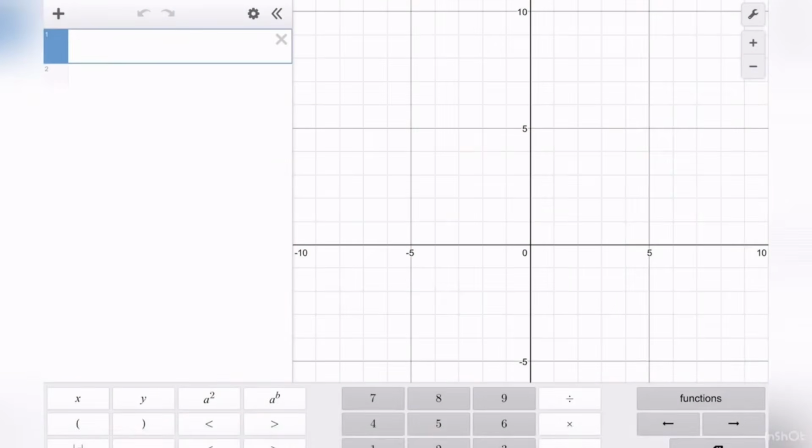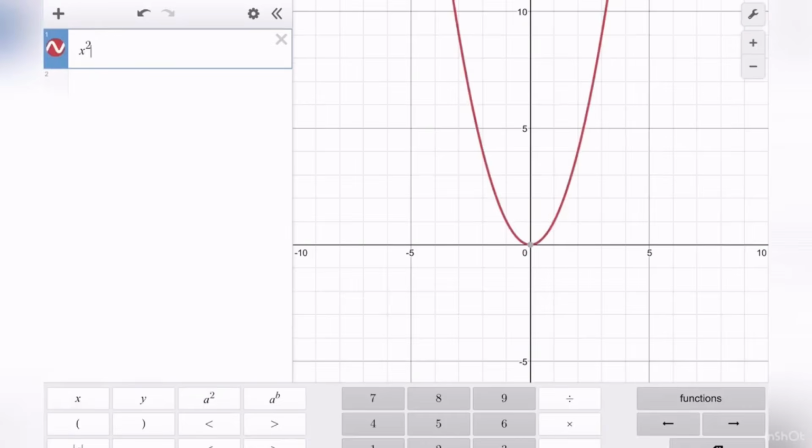Okay, so I thought at this point it'd be worth just showing you this little program. It's called Desmos. You can go on the internet to find it, or you can just download the app, it's free. It just does help with these sorts of questions when you're practicing. The fact that you can just type it in and have a look to see if you've got it right is quite nice. So if we go ahead with that last question, now the equation of the circle was x squared